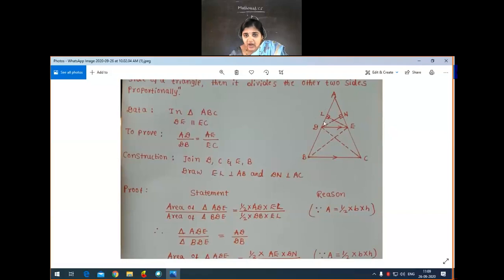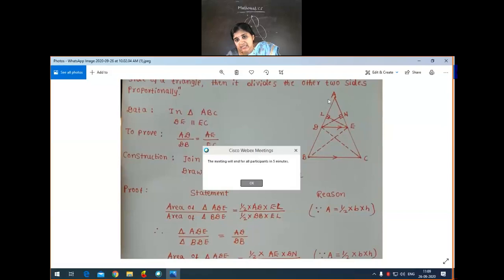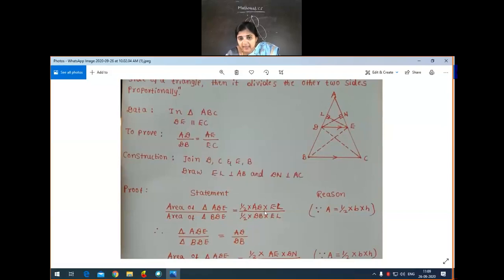So area of ADE divided by area of BDE is equal to, you all know the area of triangle formula, that is half into base into height. So we have to apply the formula half into base into height. So area of triangle ADE, for that you will write half into base into height. For ADE triangle, we'll take the base as AD. You have to see the triangle like this. Now, the base is AD. AD base you take into.